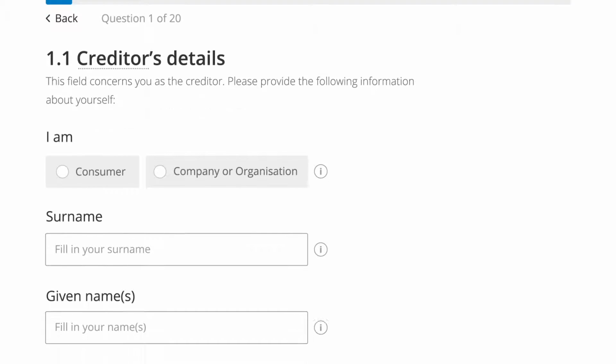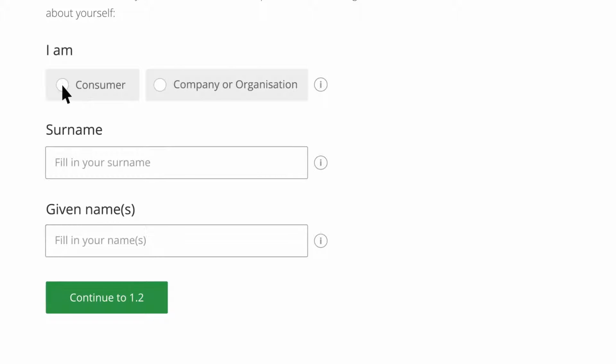The application begins from the user's perspective, requesting the creditor to identify as an individual consumer or a company. Starting with a simple question allows users to get comfortable with the interface. Once they begin, users tend to be loss-averse, therefore finishing what they have started. Keeping the number of questions to a minimum eases the workload, and showing users their progress motivates them.